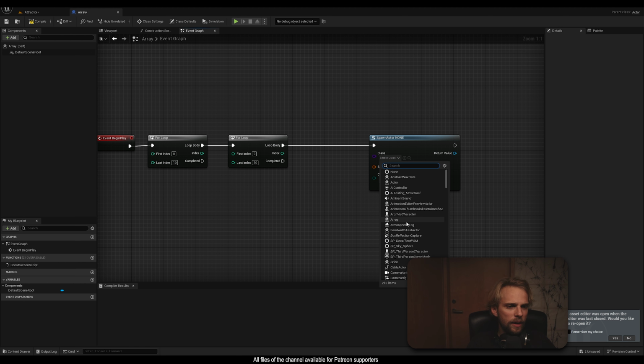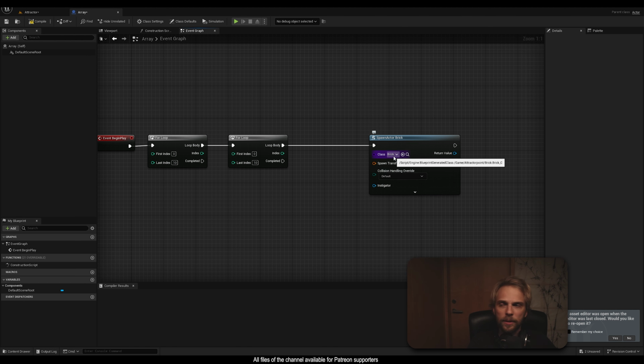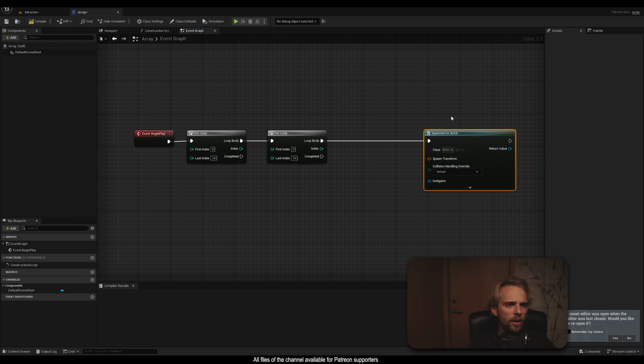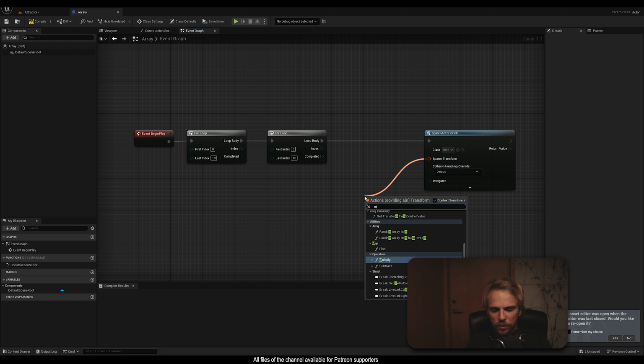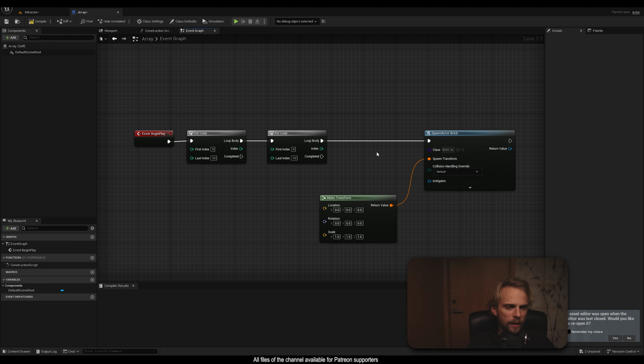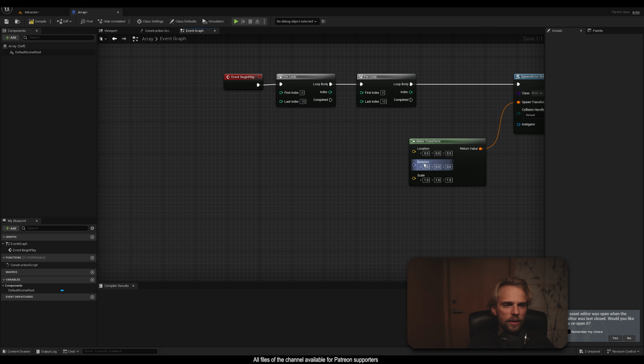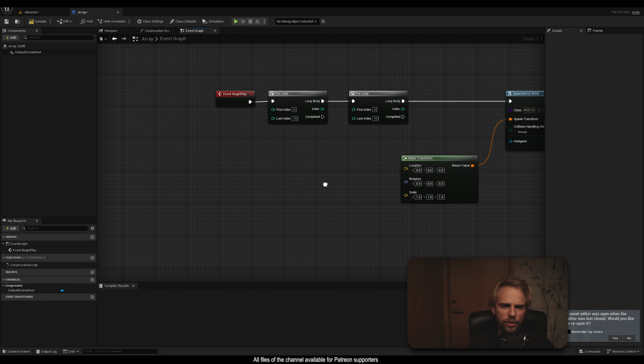Spawn actor, and the actor that should be spawned is going to be our brick. There it is, the brick. Okay, then it should spawn with a transform, so we'll make transform. Okay, and the rotation should be zeros, scale should be ones. We are not messing with those, but the location should be